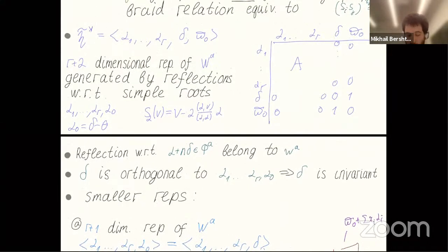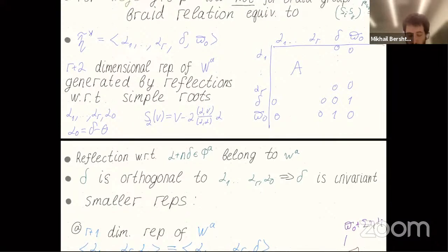This is the definition, and now a few remarks. First of all, I defined the group by reflections with respect to simple roots. Actually, the reflection with respect to any root belongs to this group. This is as in the finite dimensional case. One can show that using these simple generators, we can move any root to any other root. Hence, any reflection is conjugate to one of the reflections with respect to simple roots. Hence, any reflection belongs to this group.